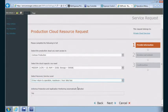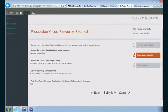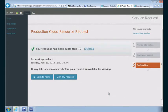And notice this bottom one is grayed out, AV protection and app monitoring. They're including that by default. So it's going to be monitored by Ops Manager. It's going to be backed up and covered by AV and all that kind of stuff. So we'll go next. We'll go submit. There's my ticket gone. And that will raise a ticket within Service Manager that might then trigger some automation that